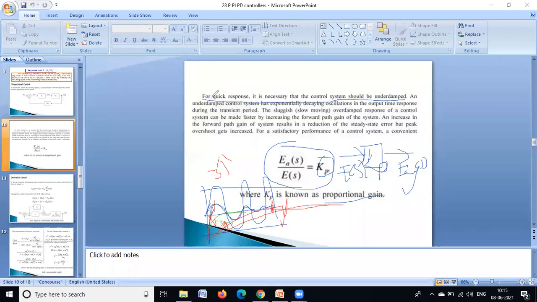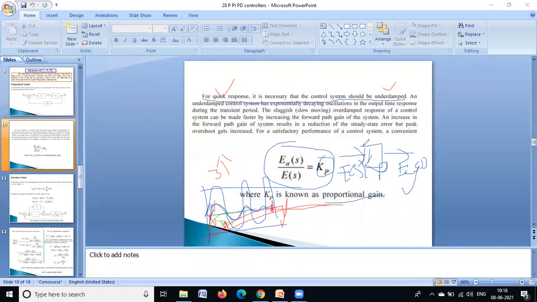For a quick response, it has to reach the final value within less time. Settling time must be less; immediately it has to settle. So it is necessary that the control system should be underdamped. Only for an underdamped system, which is a damped oscillatory system, is it a little bit faster, and finally